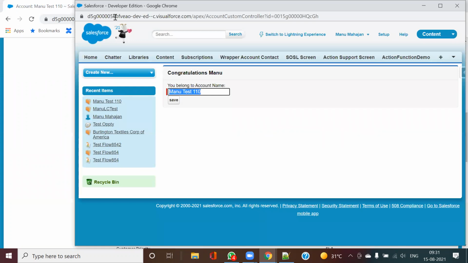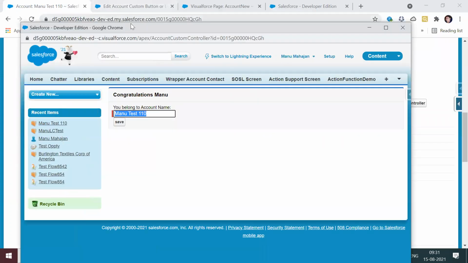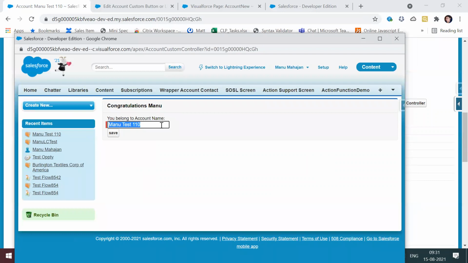So here I'm going to update the account names. If you see, there are two things coming. The first thing that is coming is my name. And apart from that, I'm able to update my account. Assuming I try to make it 515, once I click on save here, this name will get updated, as well as this name will get updated, and it will take me to that page also.